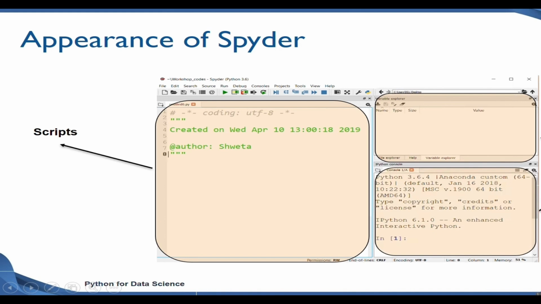The section on the bottom is the console. The console is an output window where you will see all your printed statements and outputs. You can also perform elementary operations in your console, but the only disadvantage is that you will not be able to save it. Whatever you type in the scripting window can always be saved. We are going to look into how to save the lines of commands that you have used in your scripting window as the lecture proceeds.